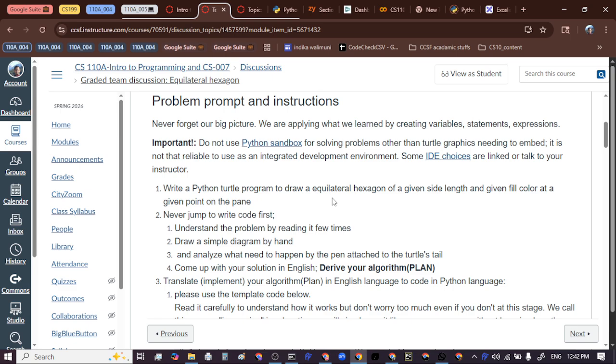It's just a square that sits there. So the first thing we need to do is